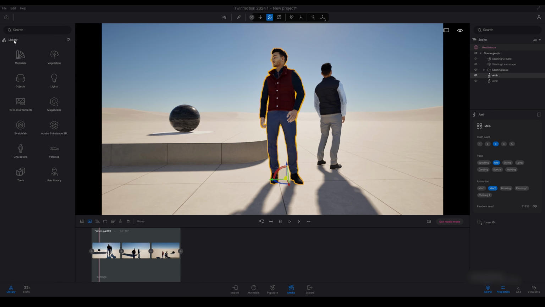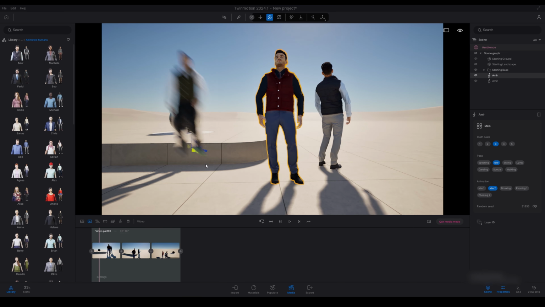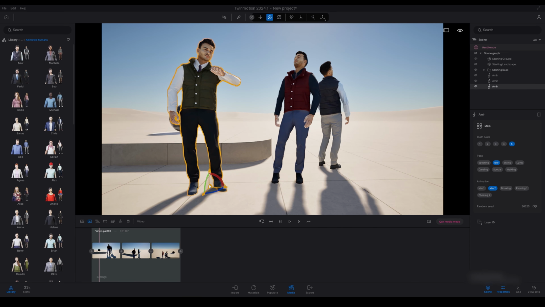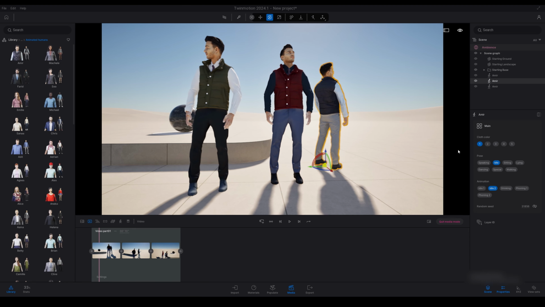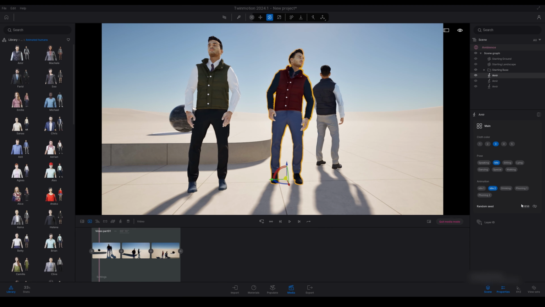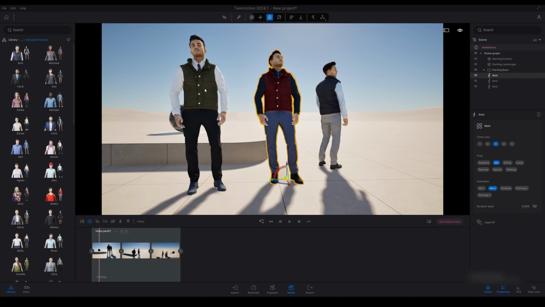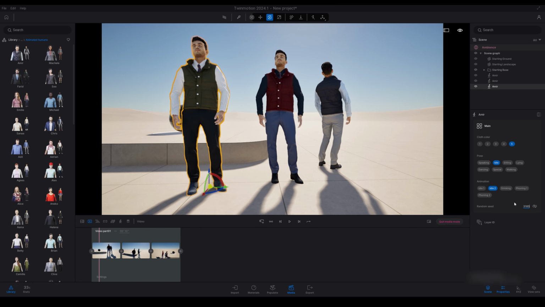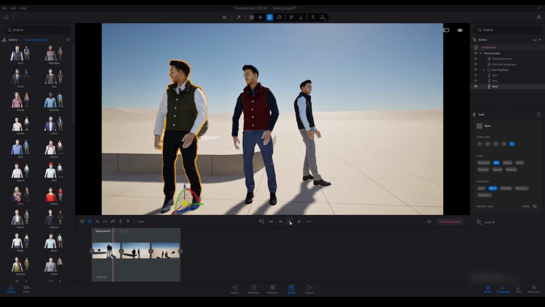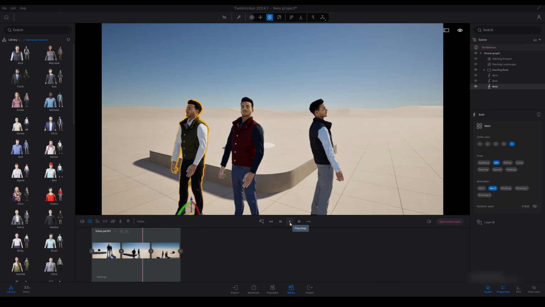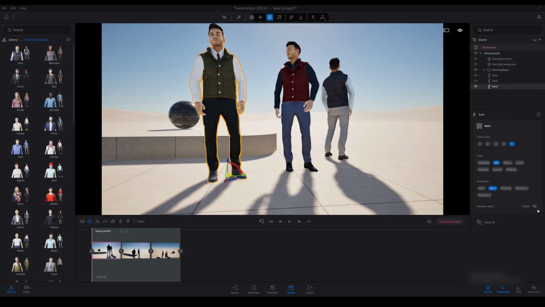So starting with these animated characters that I've brought in from the characters animated humans tab. I just brought in Amir. On the right hand side we have cloth color, pose, animation and random seed. So what we're looking at today is this random seed. So I'll be adjusting the random seed on these 3 humans, which will allow them to have different or identical animations, only when the video is exported.